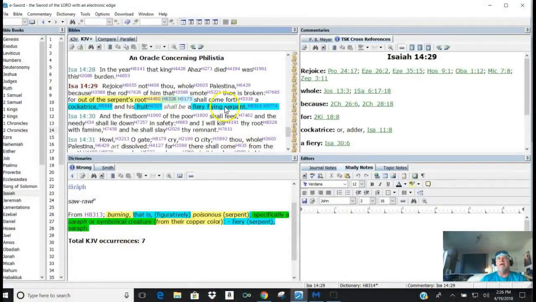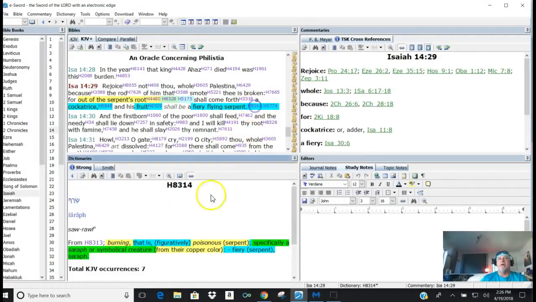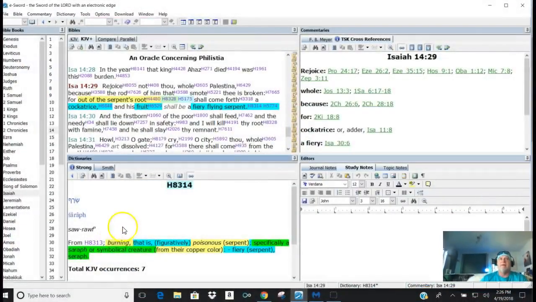But it says, shall bring forth a fiery flying serpent. Well, when we look at the word, we'll look at this word first, and I will make it blue. That is burning. Well, aren't God's angels messengers of burning, flaming fire? They are. Burning, that is figuratively poisonous serpent,